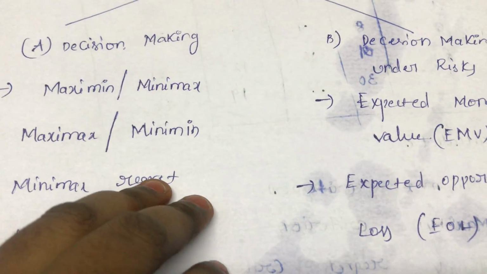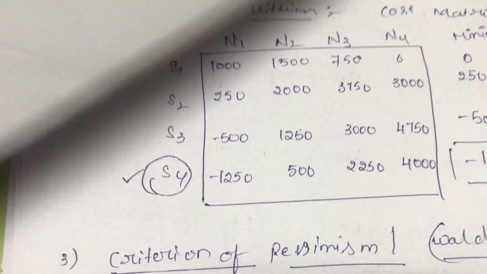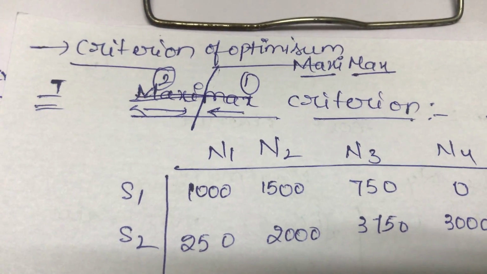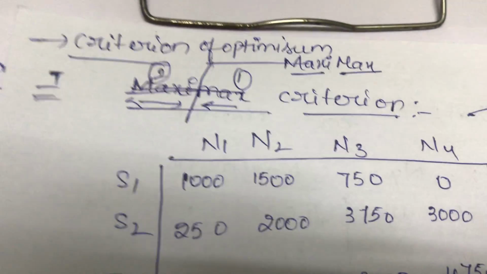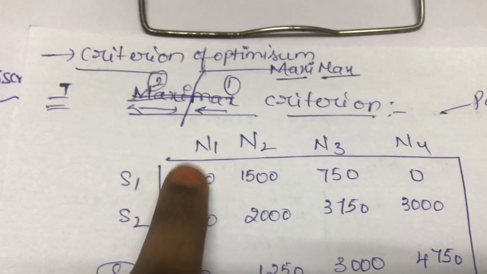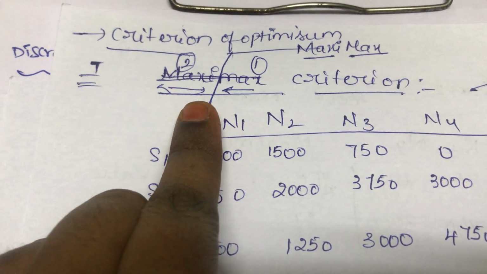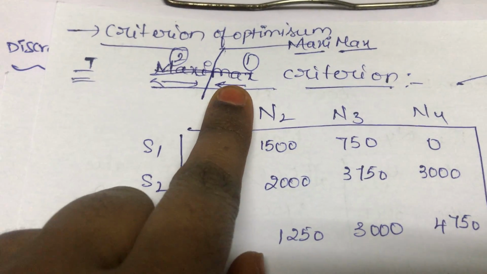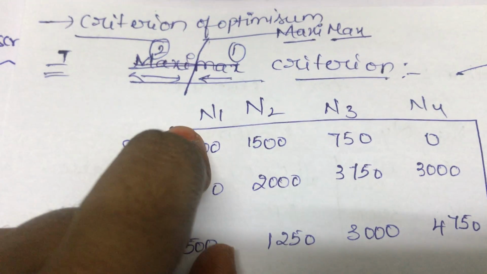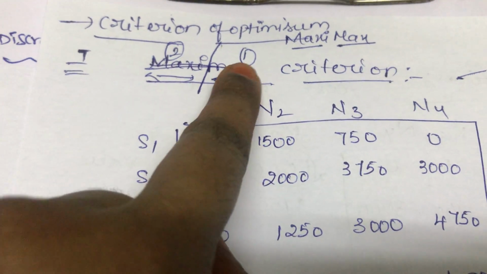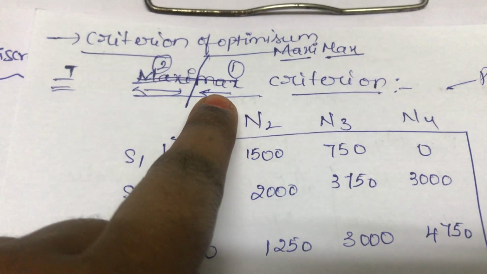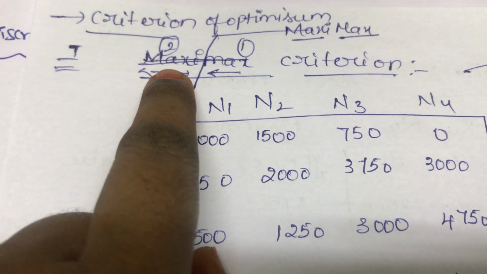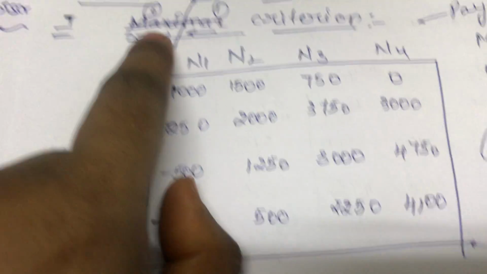So now let us have a look at a problem. The first method is the criterion of optimism, the maximax criterion. This method is divided into two parts actually. This word maximax is the same as in game theory, but we have to come from the backward side first of all. So I divide it into two parts. First, from the back side, I am going to find the maximum value, and from those values, second